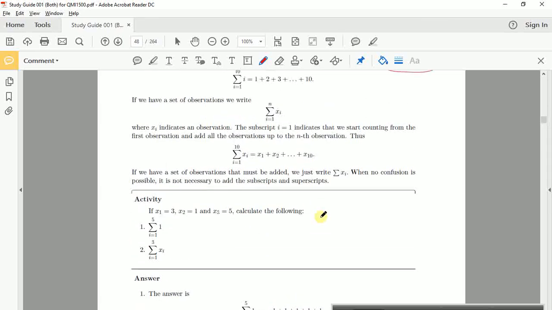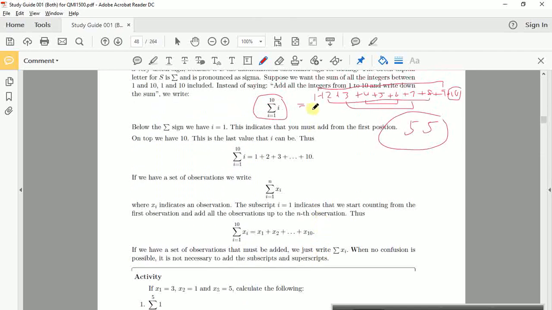Okay, so do it manually quickly. 1 plus 2 plus 3 plus 4 plus 5 plus 6 plus 7 plus 8 plus 9. Okay, now do you agree? That's only for 10 numbers. What happens if you had 100 numbers? You wouldn't want to do that, right? So now let's say if I had this